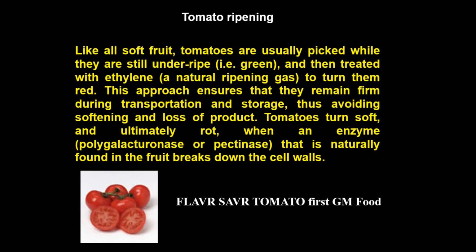So the first genetically modified organism was the tomato, which was known as the flavor saver tomato. This was genetically engineered so that, you know, tomatoes were produced in Mexico, and they took 7 days to reach the other end of US or Canada. By the time, most of the product would be lost due to post-harvest losses due to ripening. So the need was felt to have a tomato which would have a longer shelf life, or it would take